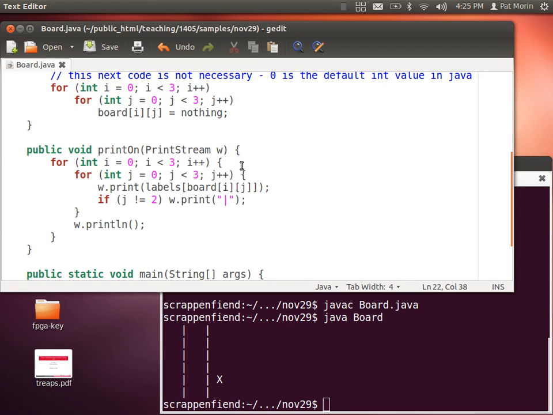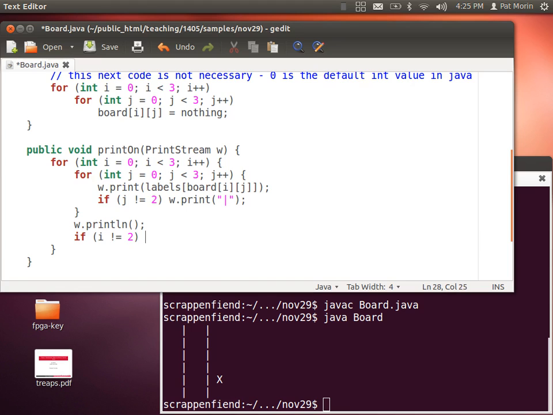come when i equals 0. So we do a line when i equals 0, we print all this stuff, and then we'd like to do some horizontal bars there. And again, i equals 1, we print all this stuff, and then do some horizontal bars. And it's only when i equals 2 that there's nothing underneath. So let's say print line, and if i is not equal to 2, w.print